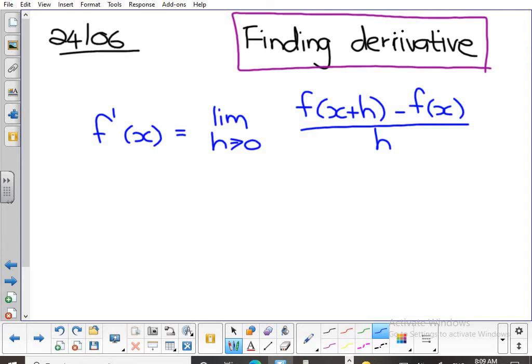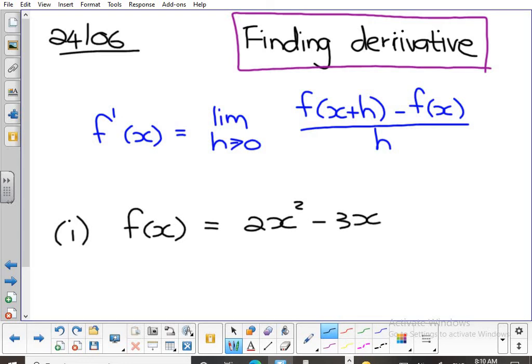I'm going to refer to your textbook here. There is an example in your textbook, from first principles, on page 150. I'm going to do that one so that if you want to go afterwards and rewrite it, you're welcome. So they give you this: f of x equals 2x squared minus 3x minus